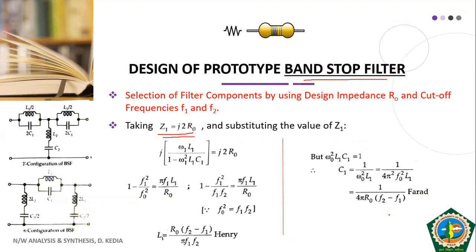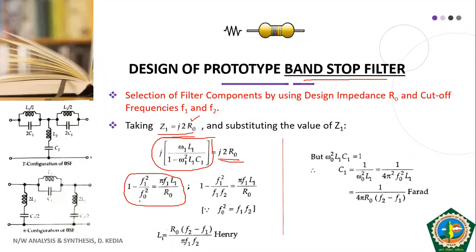There will be only a sign change, and the sign change will not matter practically, because there is no negative frequency. That has only mathematical significance. That's why we are doing this analysis with the positive one. You can carry out the analysis with negative also, with a sign change. So this is our expression for Z1, equal to j2 R naught. If you solve this expression, instead of omega 1 you put 2 pi f1, you get this. You will have to do some mathematical expression manipulation, and you will come to this.